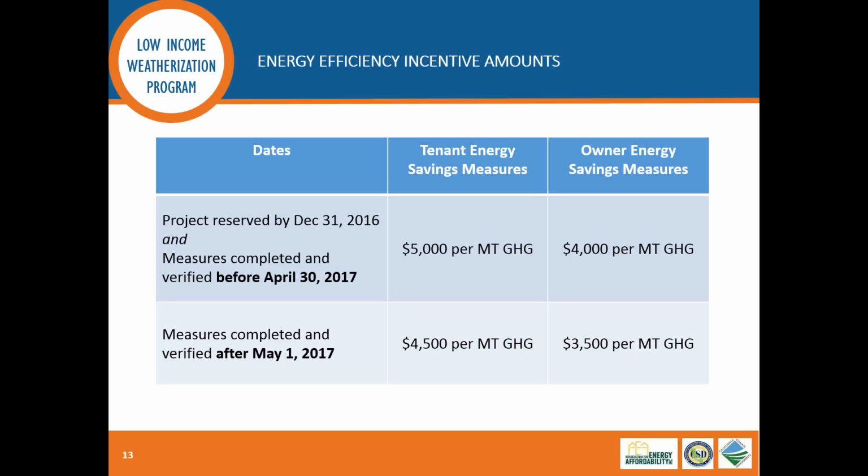So we convert kWh and therm savings into this greenhouse gas metric and provide up to $5,000 per megaton of greenhouse gas reduction, or $4,000 per megaton of greenhouse gas reduction. And that's based on whether the upgrades are being done inside the units, inside the tenant spaces, or in the common area. And also, we look at whether the owner pays the bill or the tenant pays the bill. These are all things that during this technical assistance process, which we provide at no cost to the property owner or to you as a contractor, we will help you understand your incentive before you're committed